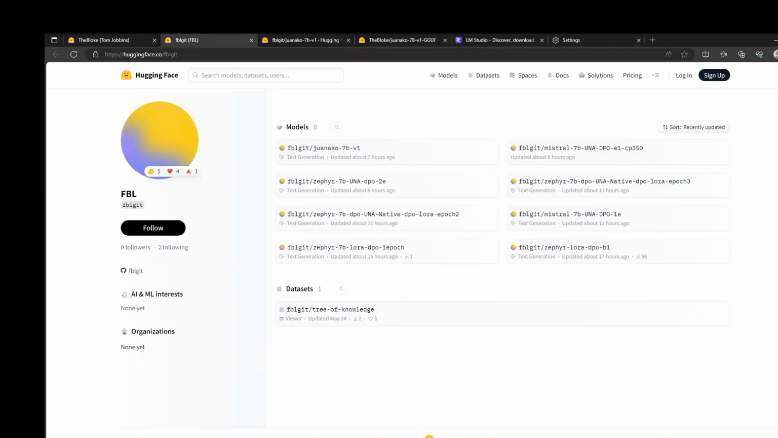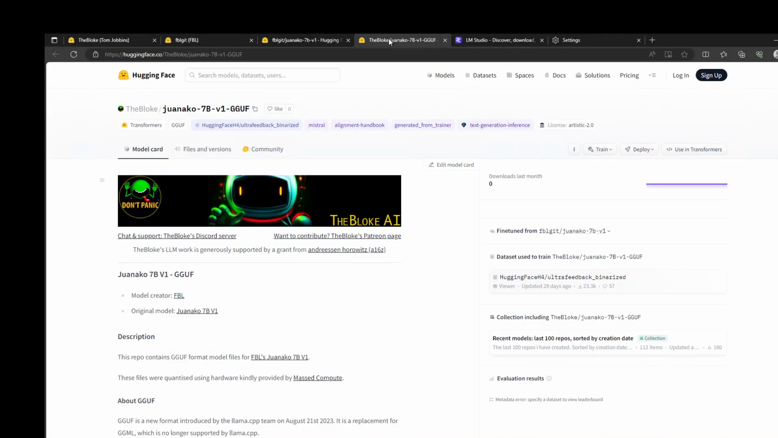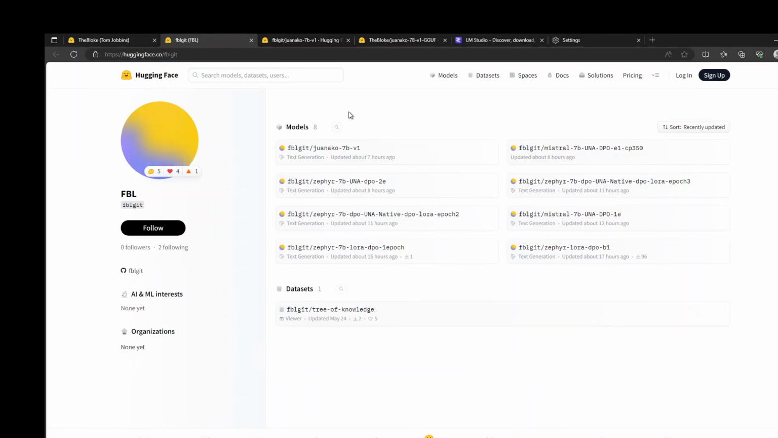In this video, I'm going to show you how you can locally install FPL's Juanako 7 billion model on your Windows laptop. I'll be using a quantized version of this FPL Juanako 7 billion model from Block. But before I show you how to install it quickly and easily and how to play around with it to